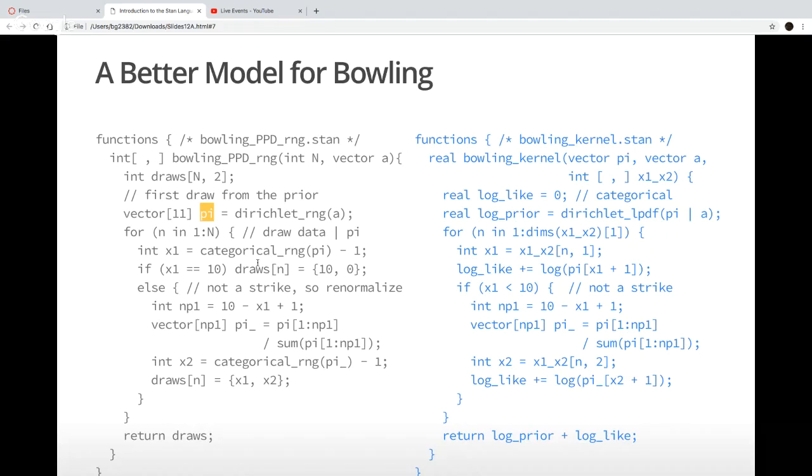Yes? For the simplex pi, why use the class vector instead of class simplex? Well, inside a function, you can only use the basic types. So it is a simplex. It's non-negative and sums to 1, but Stan doesn't know that.